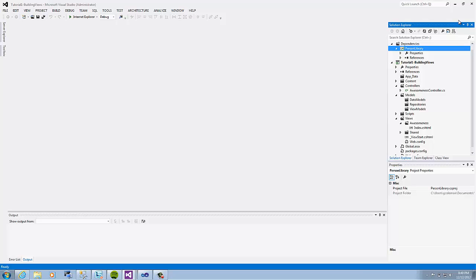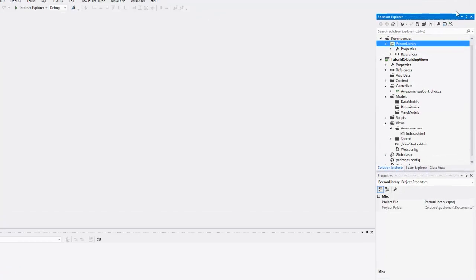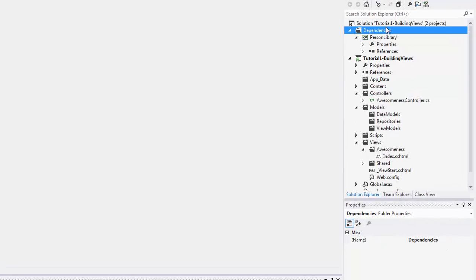So what I wanted to start with was making a library that was going to consume our entity model. The reason we do this is because we want to separate our entity model via DTOs, which are data transfer objects, from the actual client, which in this case is our MVC application. Now you can have this library external, in a different solution and consume it, or in the same solution